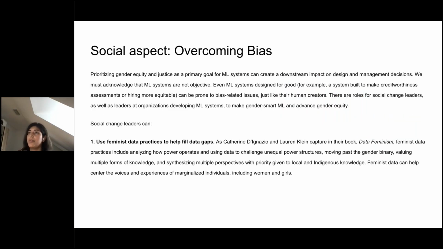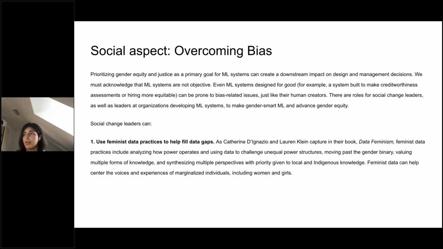The social aspect is, of course, there. If we had a very ideal social world, then these problems wouldn't even arise, because then everyone would be treated fairly anyway, and we wouldn't have to do anything with the machine learning model. So that's why we also need to start from the source, which is the data being skewed. That's why we have such problems, and the data is skewed because humans are collecting such data, because there is still bias in society.